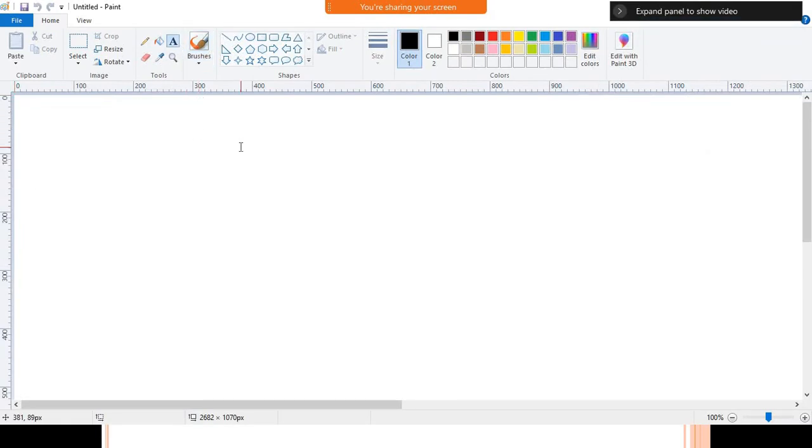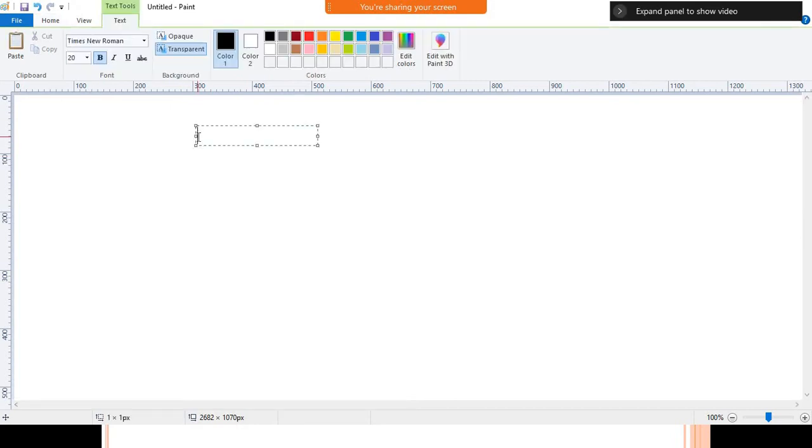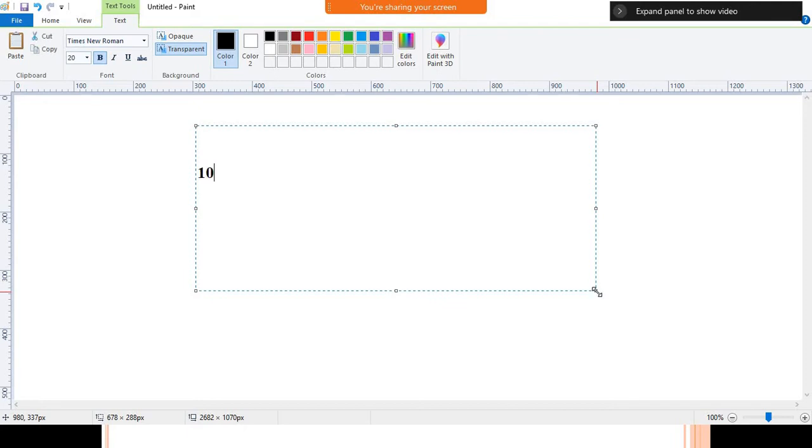We all know that different types of data types are available. Natural numbers, for example, from 0 to infinity. If you want to deal with fractional numbers or alphabets, we have different data types. For example, here I want to deal with 10, 20, 50.